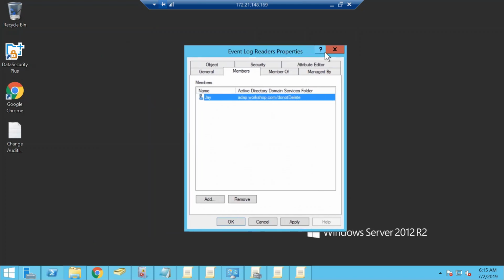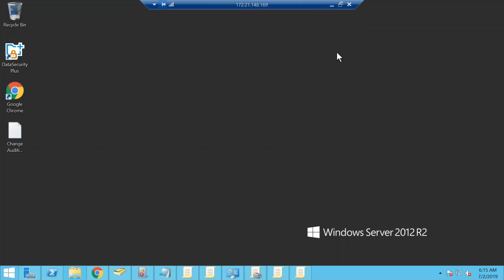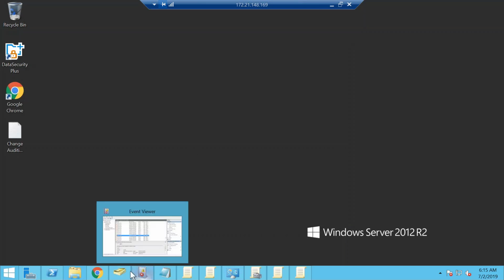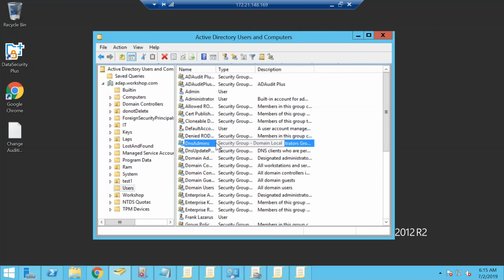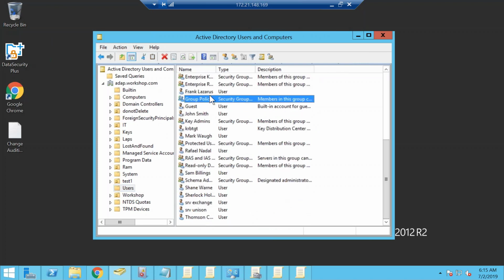So we are talking about making the user or the service account a member of the group policy creators group. Just a quick second, I'm going to get to my ADUC. I've got to my ADUC this time. These are the users that I'm talking about, and the group that is of my concern is the group policy creator owners group. So it's quite self-explanatory. Members in this group can modify group policy for their domain. So this is the functionality that I'd want my ADAudit Plus to have, and therefore I would want, sorry,